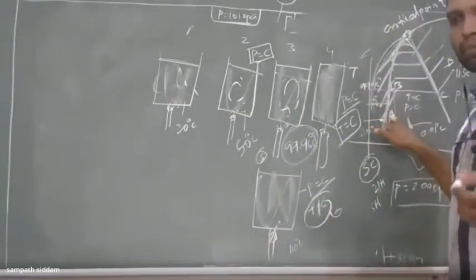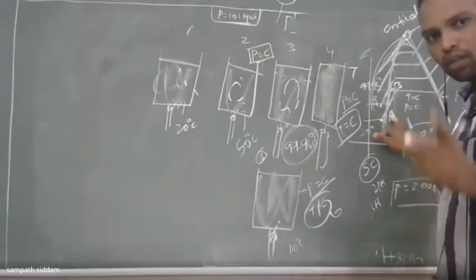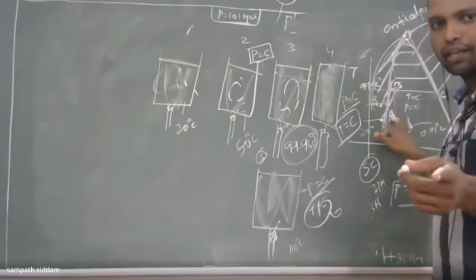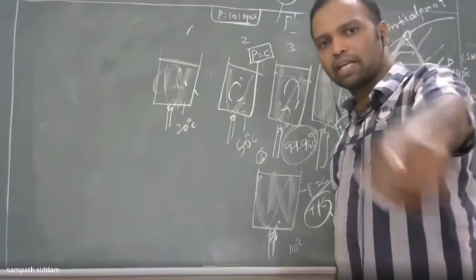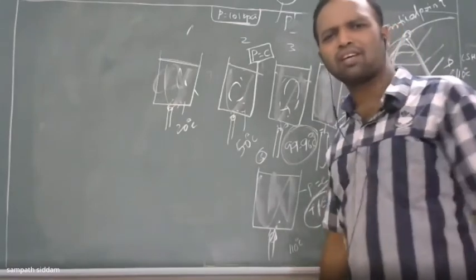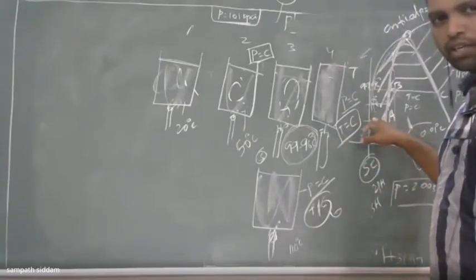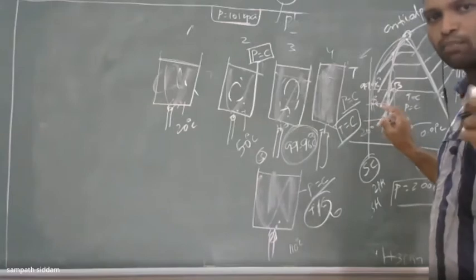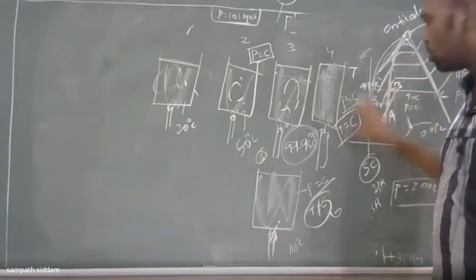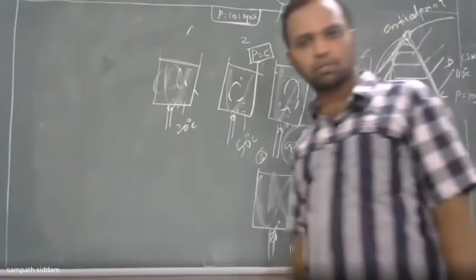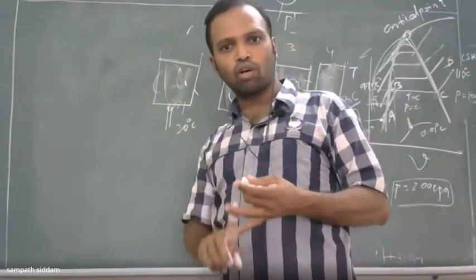So steam tables, in the next coming classes, everyone has to purchase your steam table, purchase it from Amazon. You'll get it directly as a hard copy. And if you want a soft copy, I already provided that material in Teams, Google Classroom, everywhere. You have the material of the steam table. So when I'm solving the problems related to that, you have to place your steam table in front of you. Without understanding the steam table, it is very difficult to solve problems related to properties of your substance. Not only this, the extension will be in applied thermodynamics, and next we go on to the TTM.